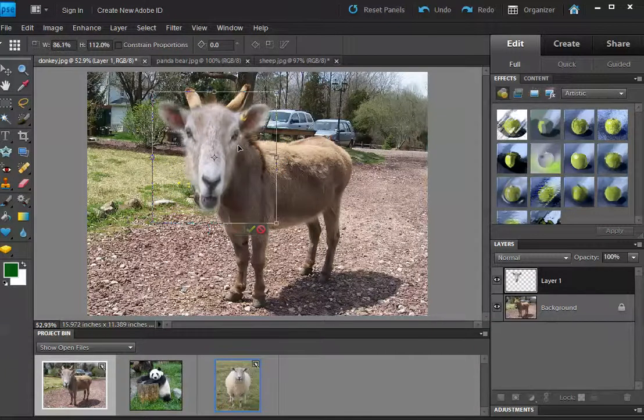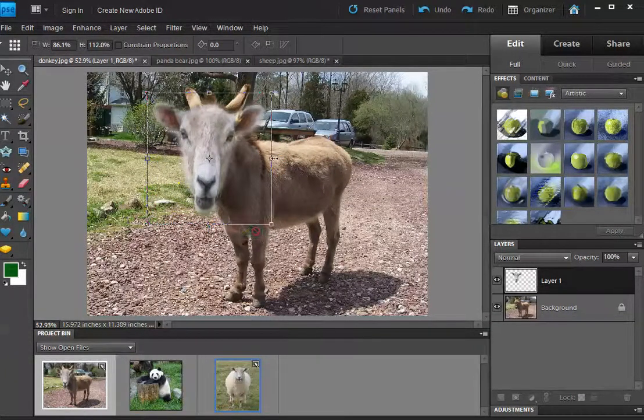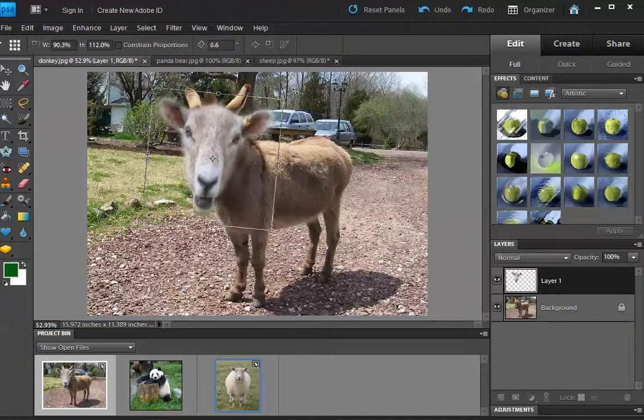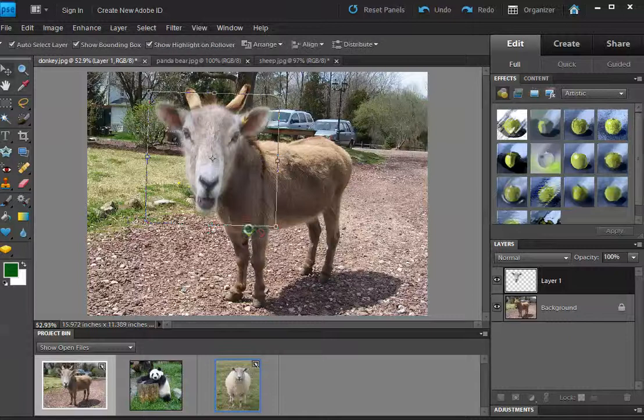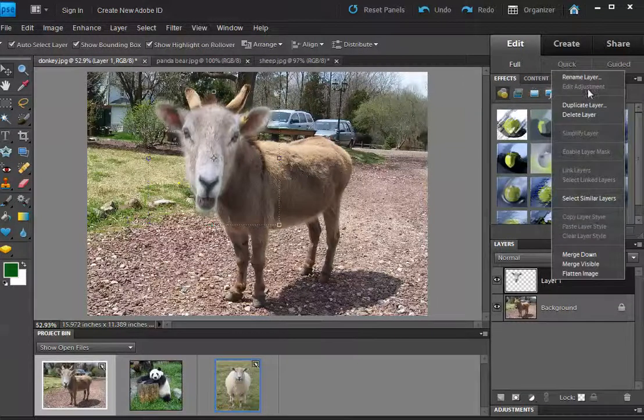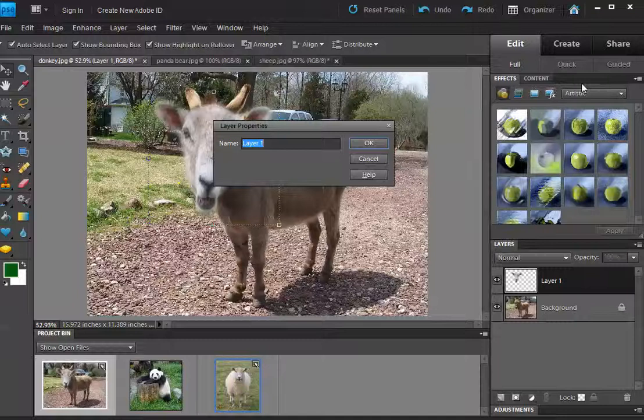And you can also rotate it too by putting your cursor just outside the bounding box. Right? So reposition it. You're going to hit OK, and then with our idea of non-destructive editing, we want to be aware of our layers, and let's be organized as well. So let's right click and go to rename,